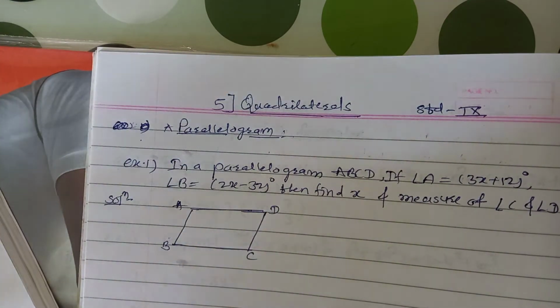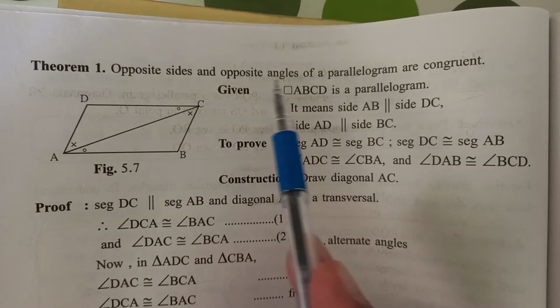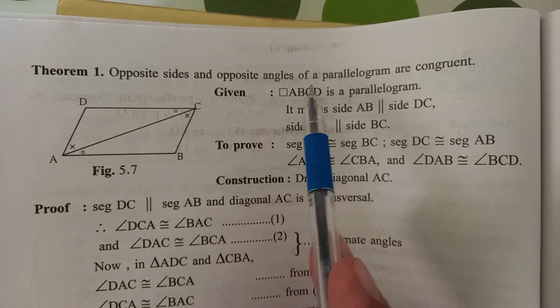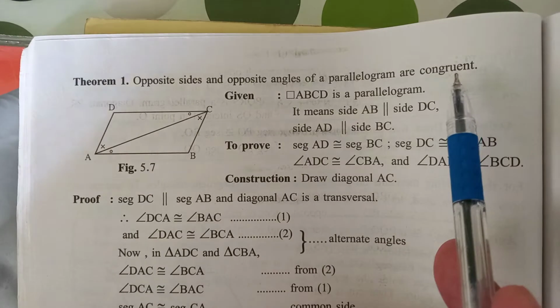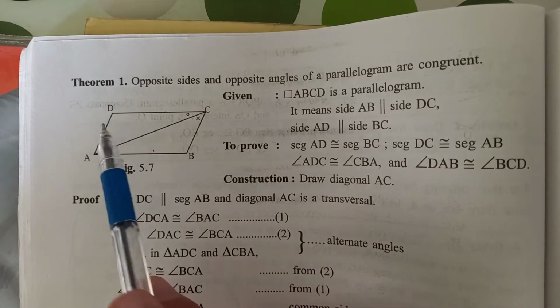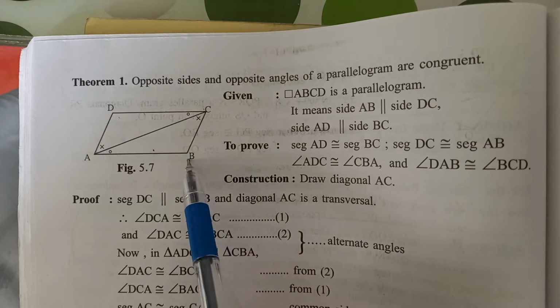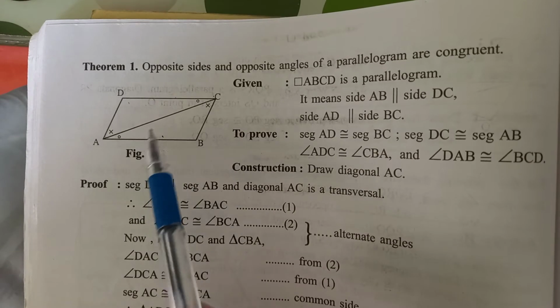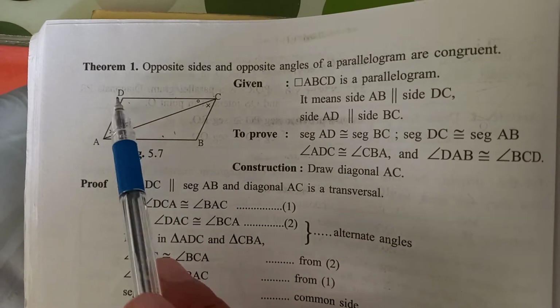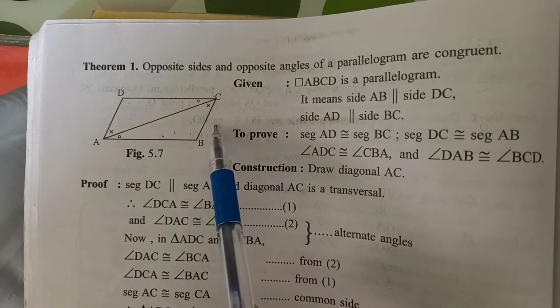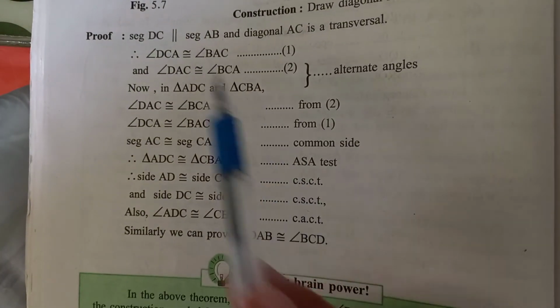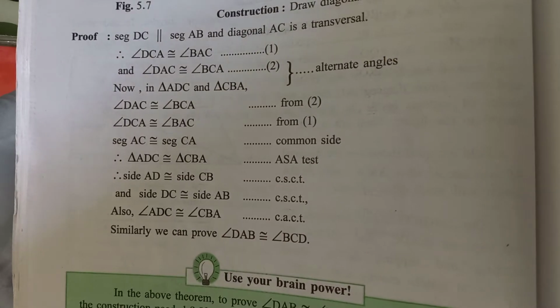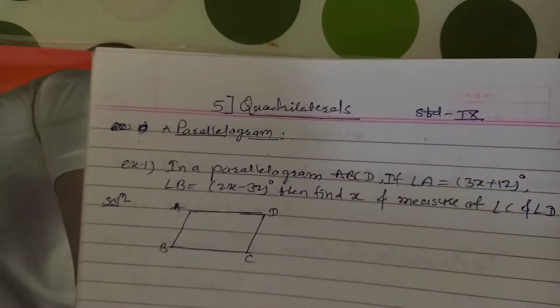Okay. So on this you have to study some theorems. Just open the book and see those theorems. Opposite sides and opposite angles of a parallelogram are congruent. These are the properties. Opposite sides and opposite angles, means A opposite C, D opposite B, they are congruent. For the proof of this one, they constructed a diagonal and showed these two triangles are congruent, then the opposite angles are congruent. You can say opposite sides are also congruent. Very simple proof they have given here. So you just study it and write it in your class work notebook.